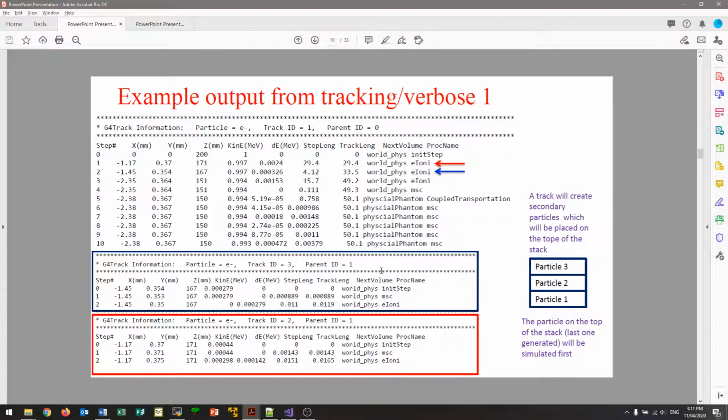So the required energy for an electron before it would actually be generated was much lower. So in this case, we've just got an electron ionization occurring at, what was the energy here? 0.0024. And if we go down to the